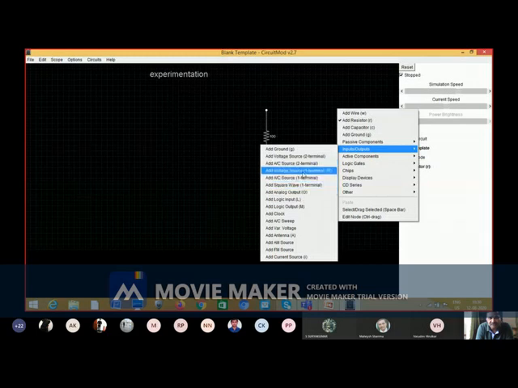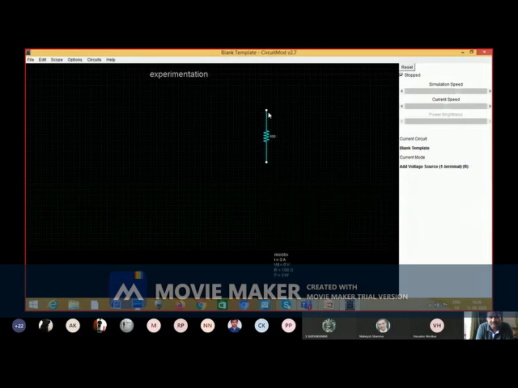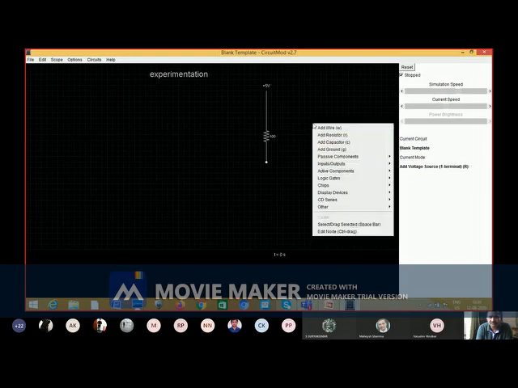I will use this add voltage source 1 terminal here. By default 5 volt is taken. You can see a DC voltage source of 5 volt, and you need to connect one ground.